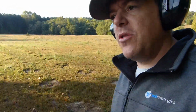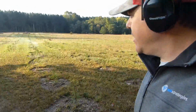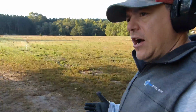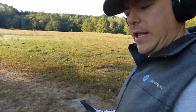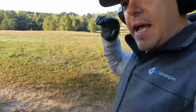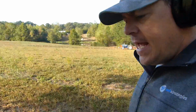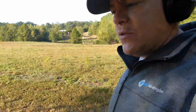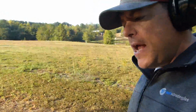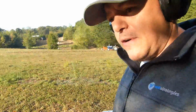So last year, or this spring, when we planted all these trees at first, I didn't have the subsoiler, and I only came through with the tiller, and the tiller only got down maybe 6 inches or so, and under what was tilled was hard clay. So I think what's happened with some of these trees is that as they were young and we didn't get enough rain, their roots were not able to penetrate deeper into that clay, and of course it got really dry as well. So with their roots closer to the surface, unable to penetrate deeper and get more moisture, we didn't put enough water on the ground, kind of a combination of those things did not, I believe, create the best growing